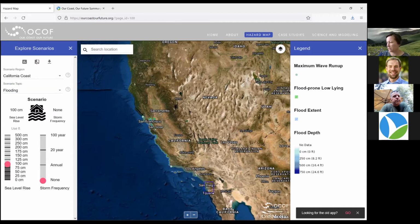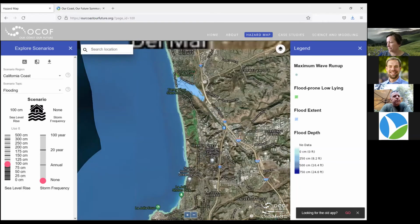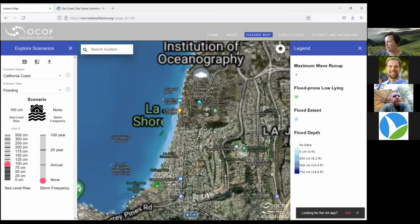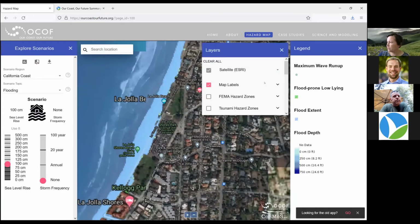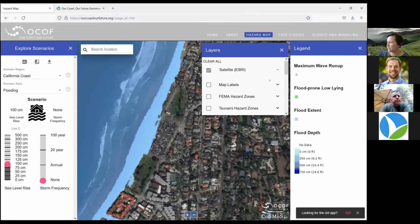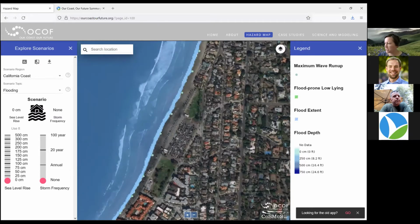And so maybe I'll go down and just show a site down in San Diego. I'm going to just turn off the map labels just to make it a little easier to see. But this is one of the beaches down in La Jolla, and there's a parking lot here. I spent a lot of time here in my youth, and so it is near and dear to my heart. And so you want to see, well, maybe at 100 centimeters of sea level rise, you maybe start to see